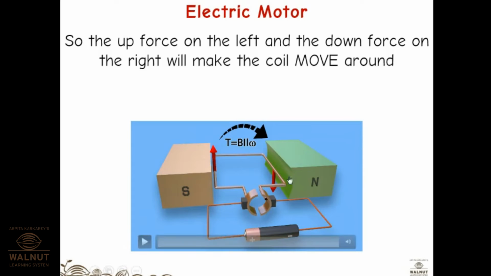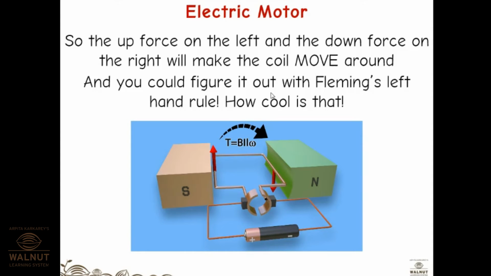Okay, so till this, any doubt? No? Okay. And you could figure it out with Fleming's left hand rule. So yes. Now from this side we have discussed it is upward, this side it is downward. But when the coil is perpendicular to the field, it will experience a different scenario. We are going to look at it ahead. What happens at 90 degrees? That part is also there. Okay.